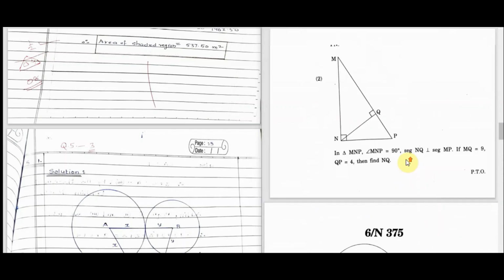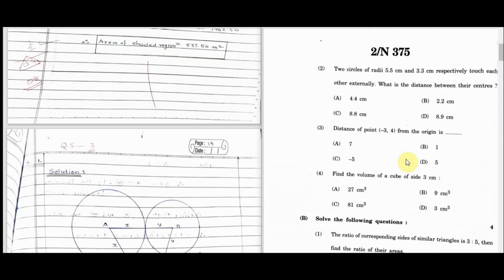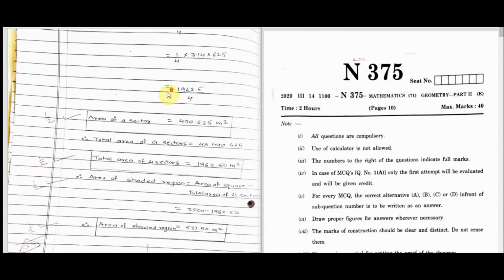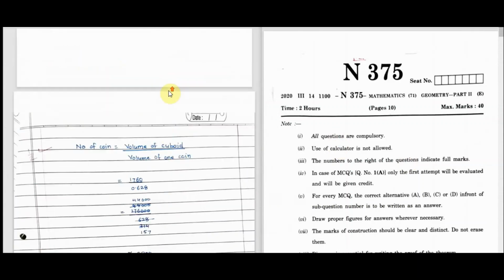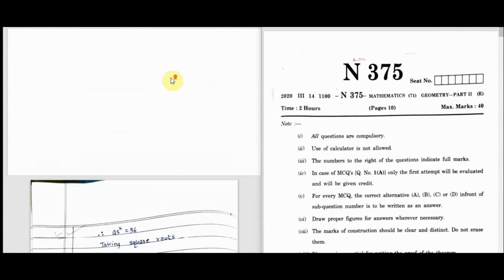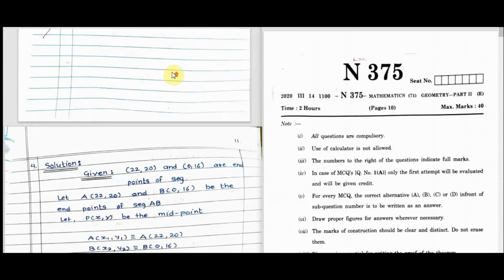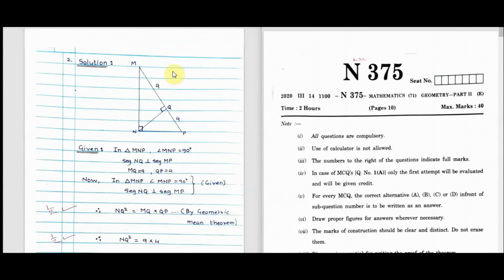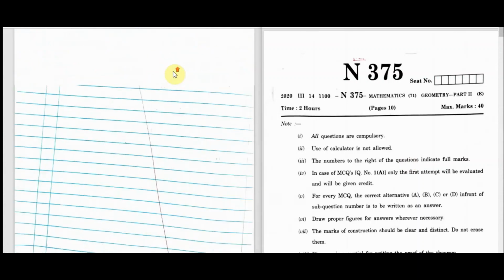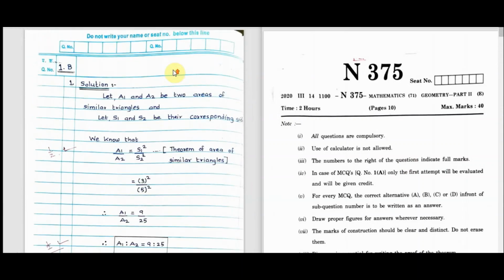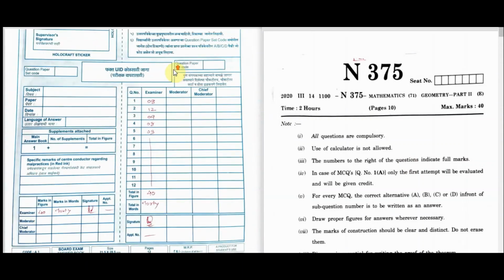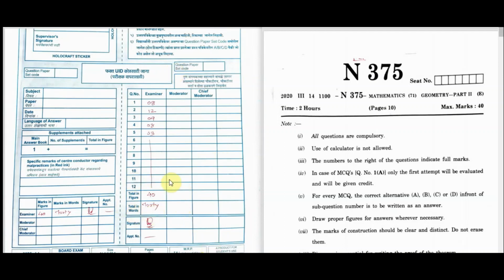So like this, the board question paper is solved. I have shown you how to write, as well as given you the analysis of how the papers are checked and marks are given. Okay, so I hope this is very helpful for you to write the board paper, so that you get 40 out of 40. This 40 out of 40 is our target, and I know that you people will achieve it. Okay, so work hard, try to follow all the steps and achieve your goal. Thank you all of you.